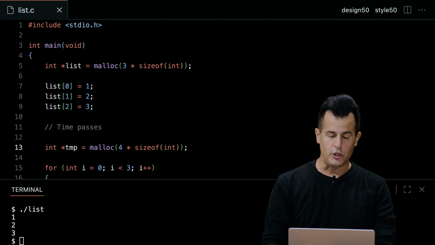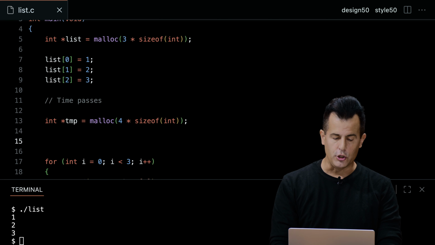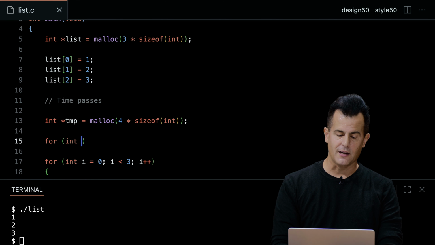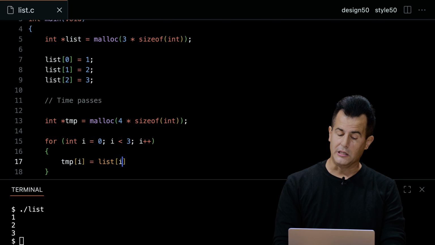And then what I could do is something like this. Much like my print statement earlier, I could do another for loop and say for int i equals 0, i is less than 3, i++, and then in this for loop, I could say treat that new chunk of memory as an array, like we can, set the ith location equal to the ith location in list.